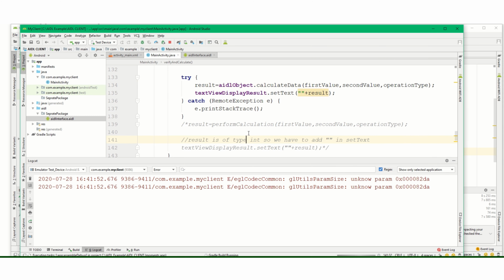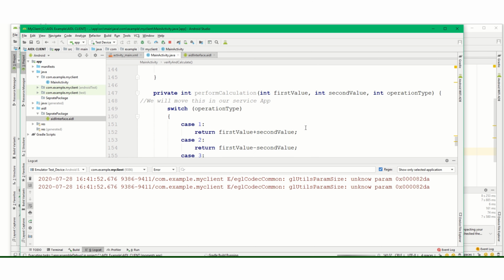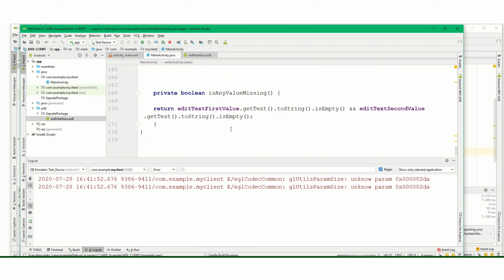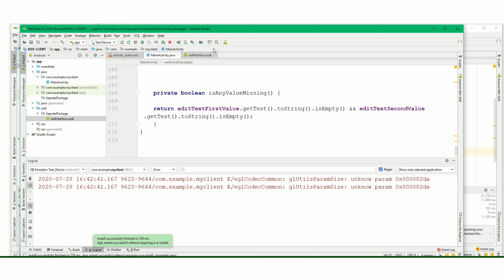The Gradle is building for the client. Let's see if we get the null object reference again or not. It's taking too much time. Yeah, build.